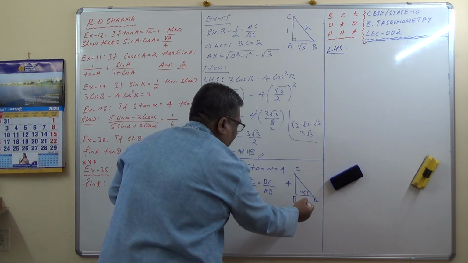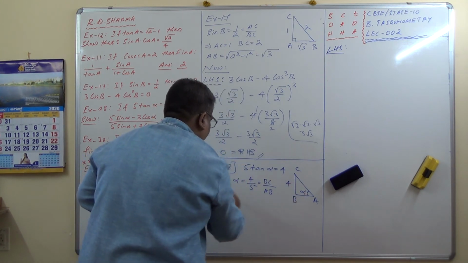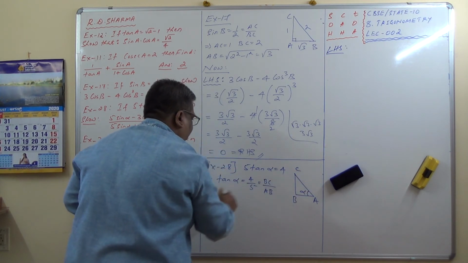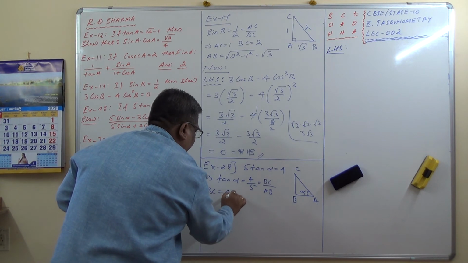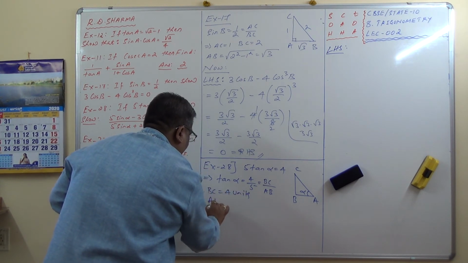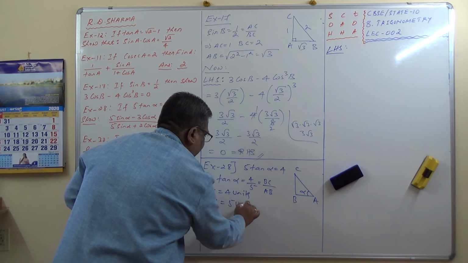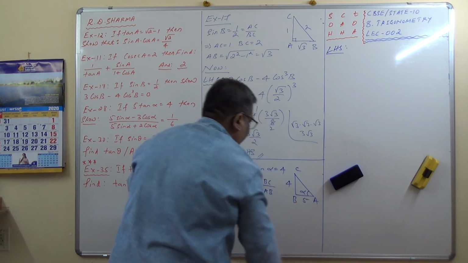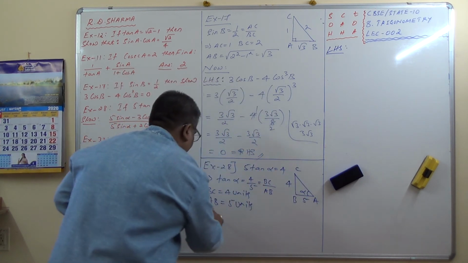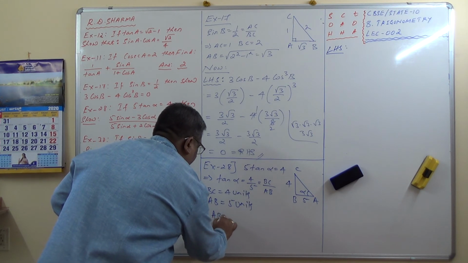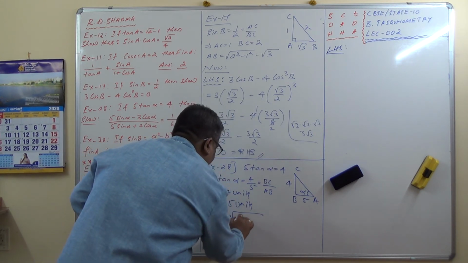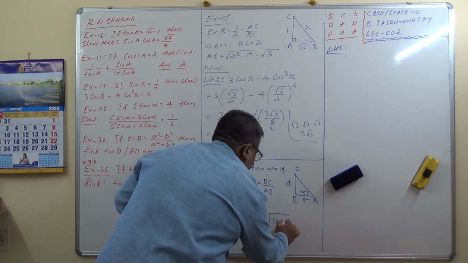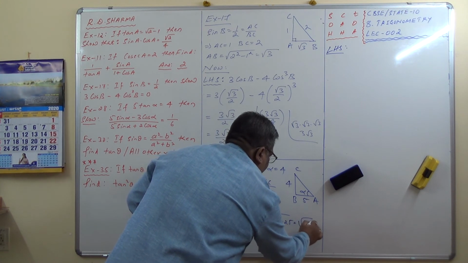BC by AB. Okay, therefore here I have written correctly, but while incorporating the dimensions, the units, I have made a mistake. BC equals 4 units and AB equals 5 units, and therefore AC we will find out. By Pythagoras theorem, AC equals under root of 4 square plus 5 square, which equals under root of 16 plus 25.